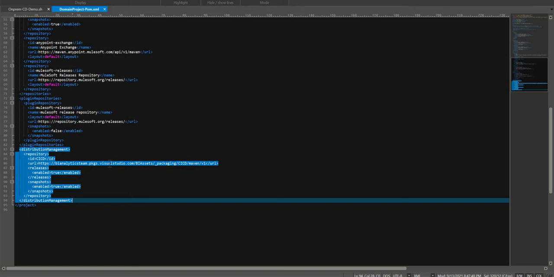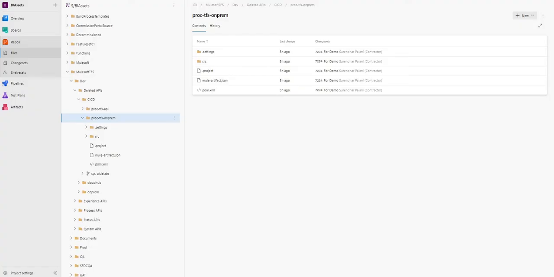The credentials for this URL would find its place in the settings.xml file. So this is like a prerequisite even before we proceed with the creation of pipelines for our on-prem API.